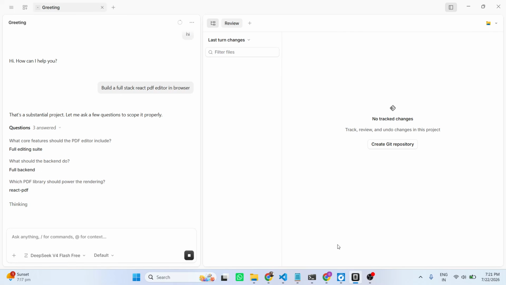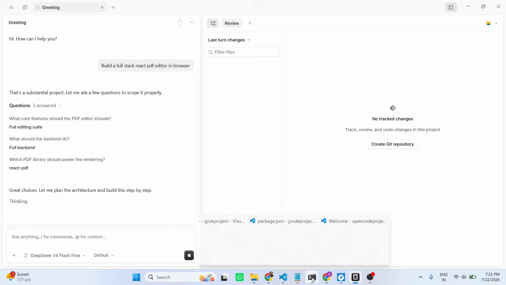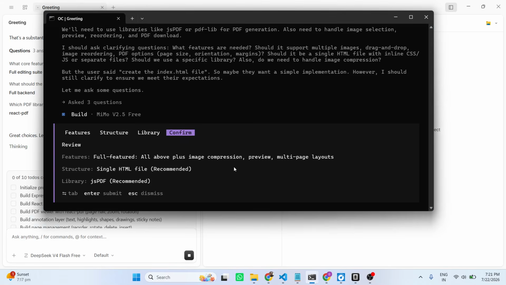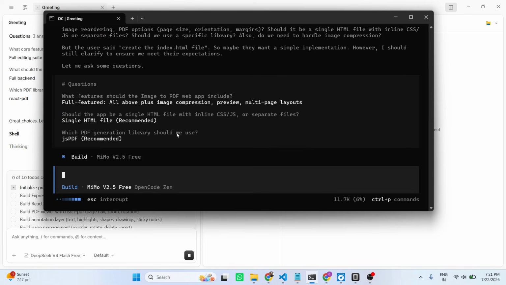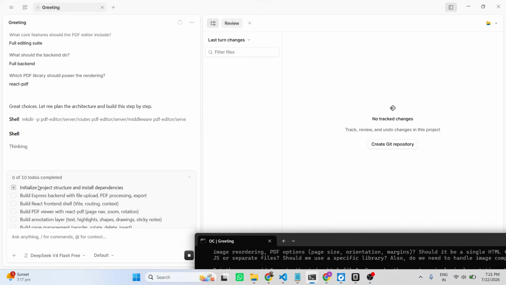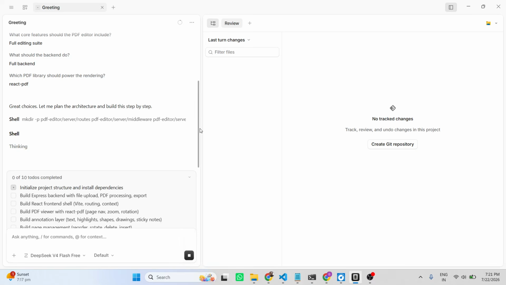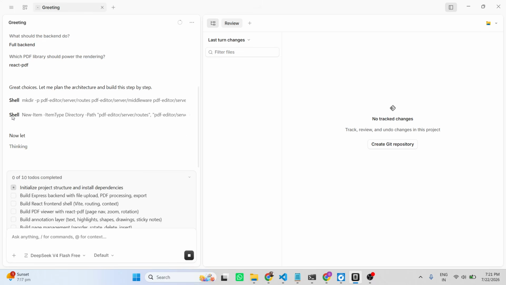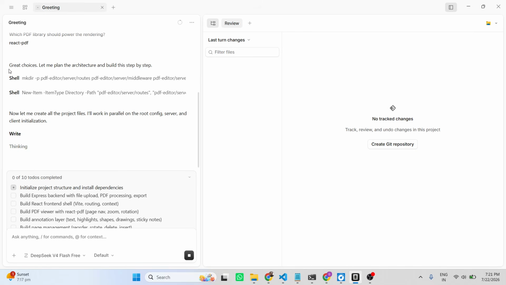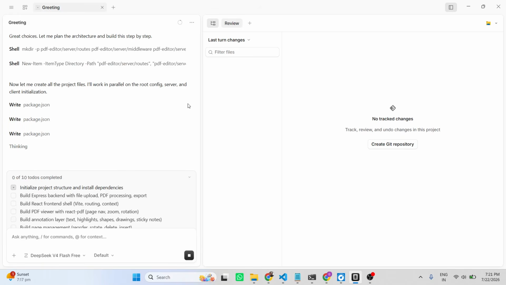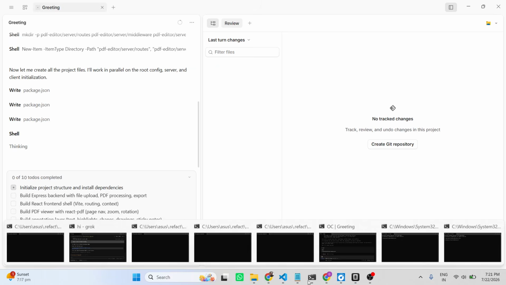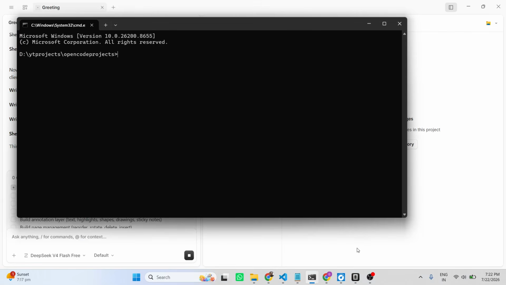So once it completes, you will see the notification coming. So this is similar. I prefer the terminal agent, which is a little bit faster. So confirm all these changes. After that, it will start developing this application for you. So it will divide the task into various stages as you see. Automatically, it will create the necessary files by opening your terminal and executing the commands directly in the background. So it's really powerful, fully automated, and